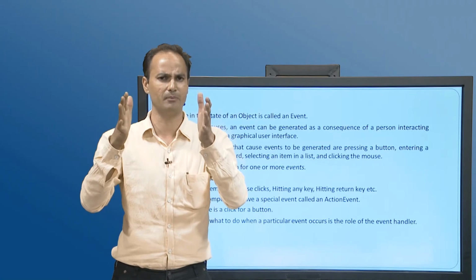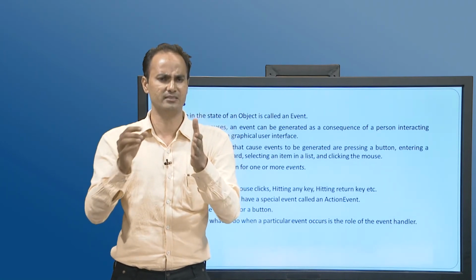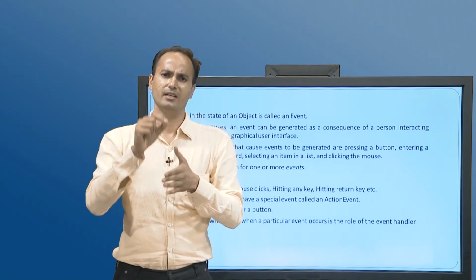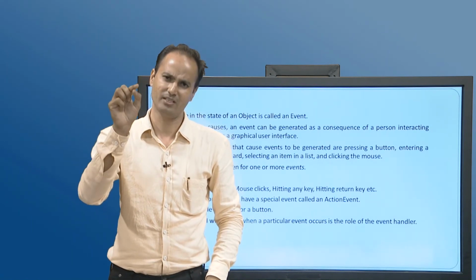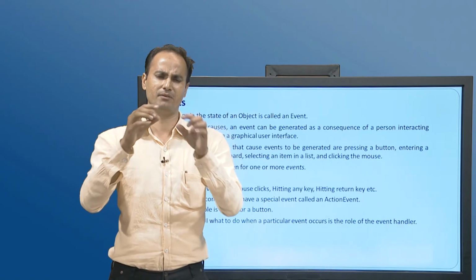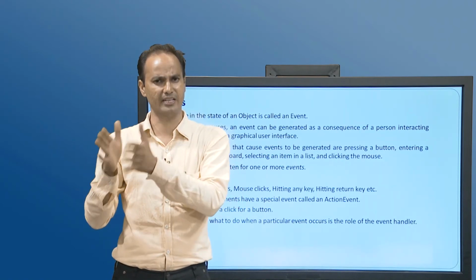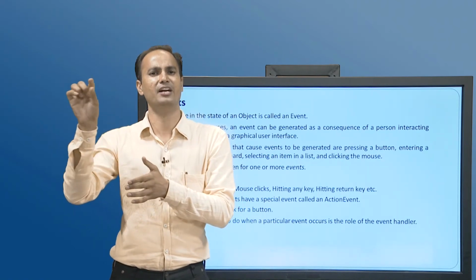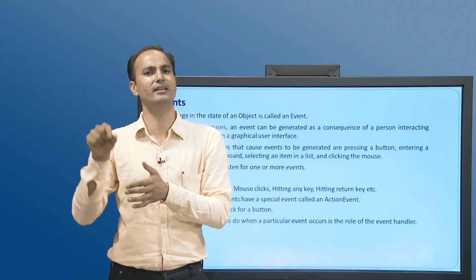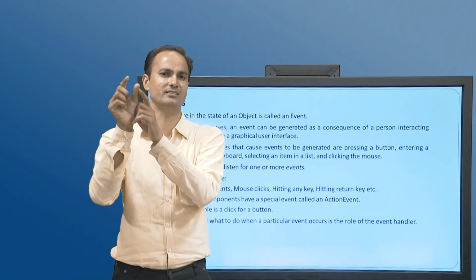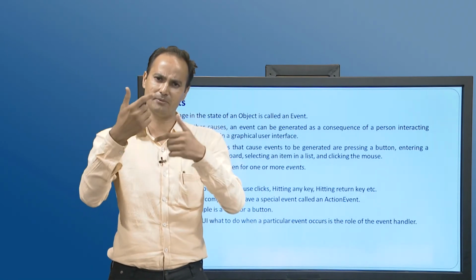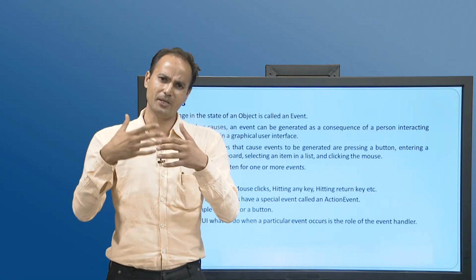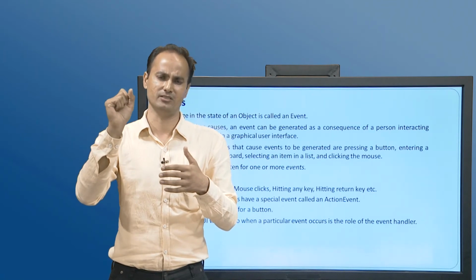If we want to handle a particular event, suppose action event, then we will write public class, the name will be test. You can provide any other name, but we are taking test. Public class test implements ActionListener, as we are going to handle the action event. So, we will implement ActionListener, it is an interface. Then we will provide the implementation of these listeners.